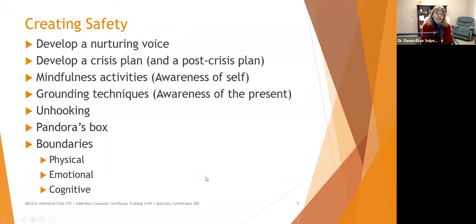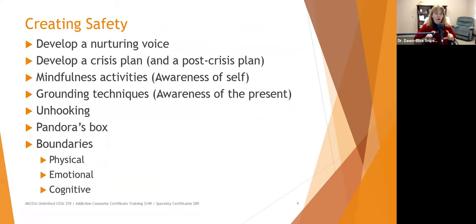So create safety. These are some of the activities that can be kind of fun. Encourage people to develop a nurturing voice. And we talk in group a lot about what a nurturing voice means, because some people are like, what? What would you tell a 6-year-old? What would you tell a small child? What would you tell your best friend if they